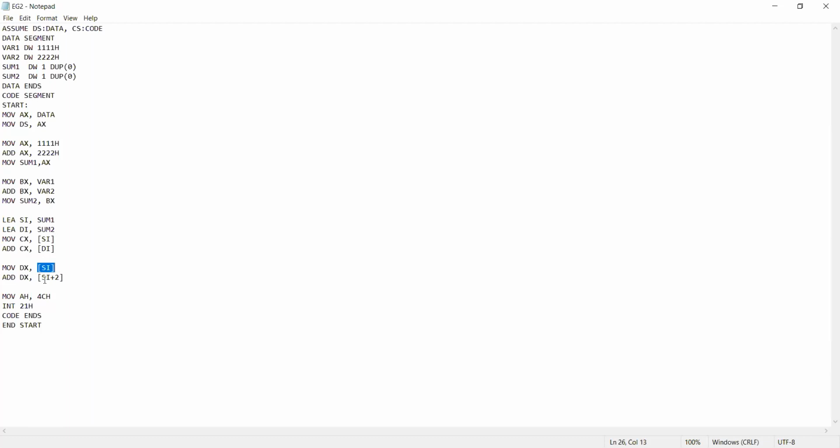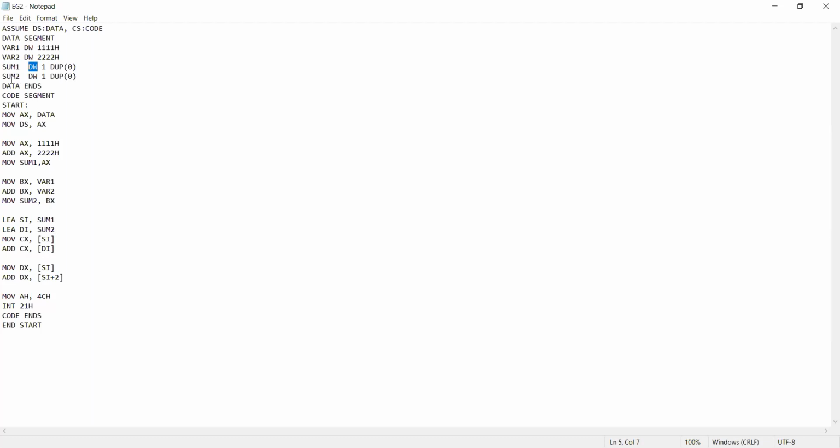After that, I'm going to add 2 to those contents. Usually when we look at the code, what will happen? Sum1 is declared first, right? After that, sum2 is declared next. What is this sum? Sum is of type DW, that means define word. Define word occupies 2 bytes of memory space.